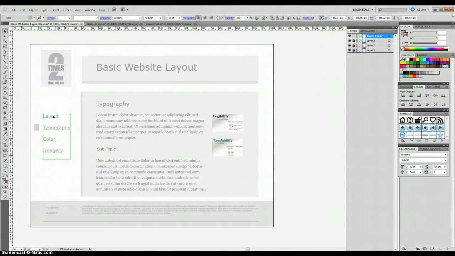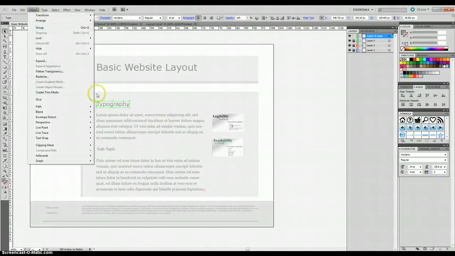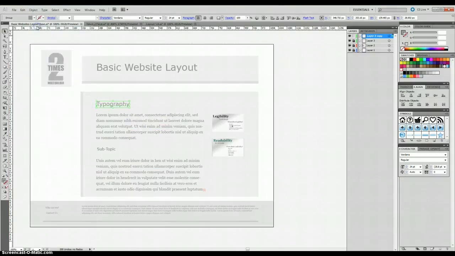So the first thing that I'm going to do is I'm going to take this section out, and I want to capture as a group this section